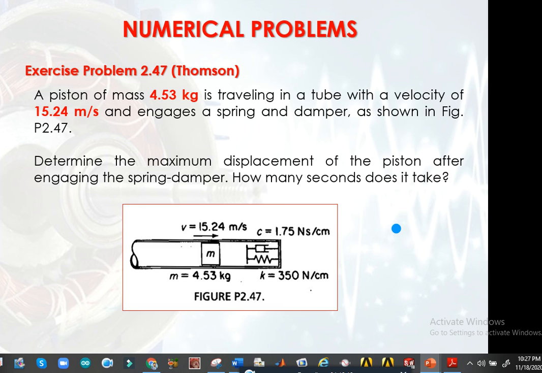Then we will assume the vibration response of the system to be underdamped, and x of t is equal to e to the power minus zeta omega n t, into a bracket, C1 sin omega d t plus C2 cos omega d t, and we will close the bracket. So this expression will be given in the paper as well.